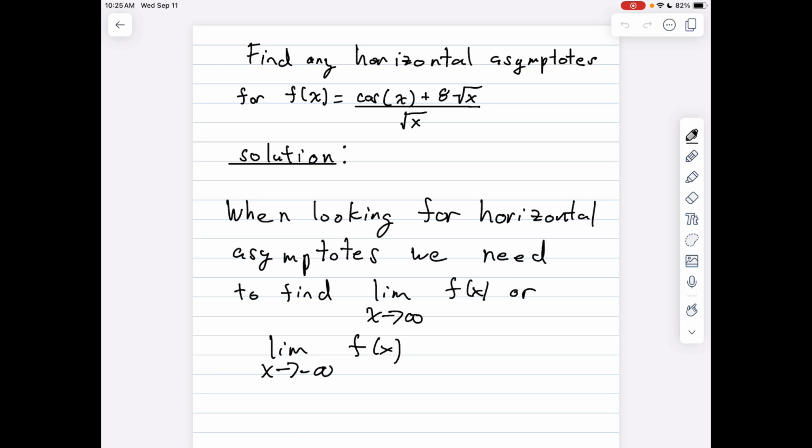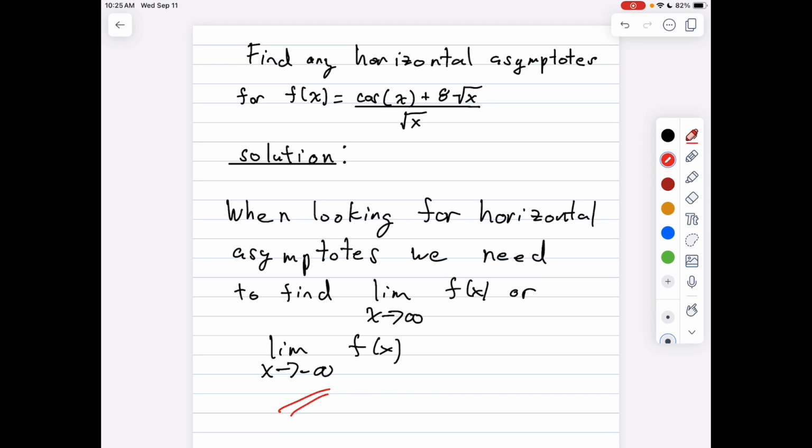So for this function, if you notice, you have a square root of x in the numerator and in the denominator as terms. And if you recall, with the square root, you can't take the square root of anything that's negative. You can plug 0 in, that's fine, but not anything negative. So first of all, our domain is going to be restricted to nothing that's negative. So this part right here where I ask you to find the limit as x goes to negative infinity, we're not going to work with that at all